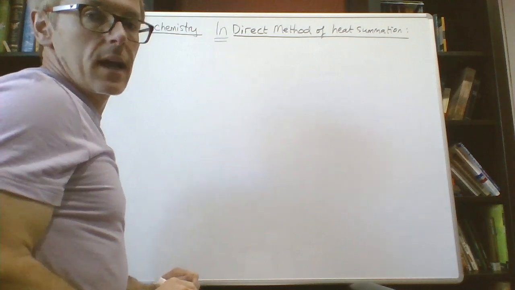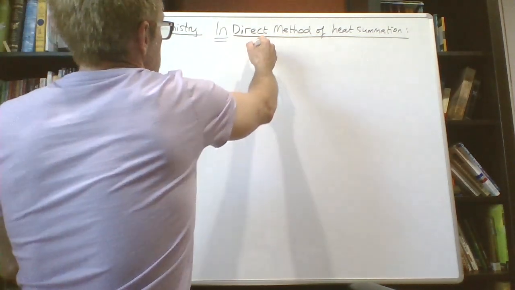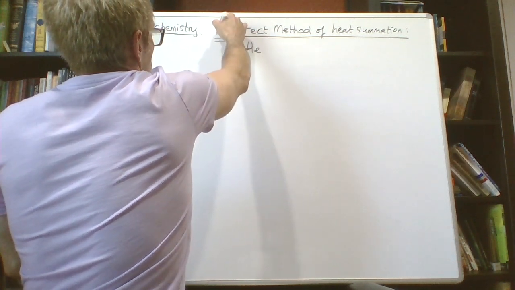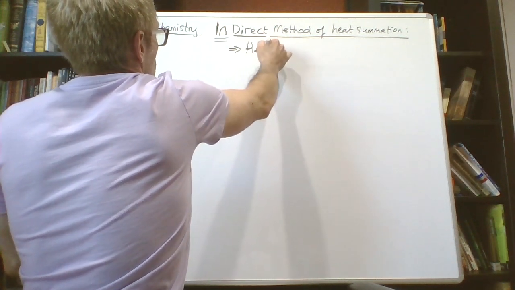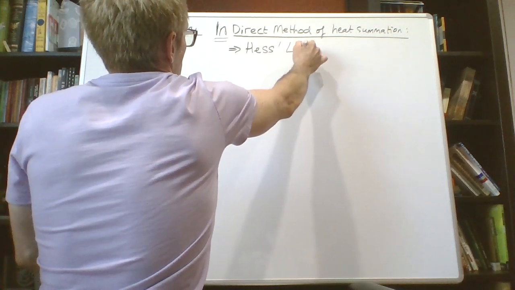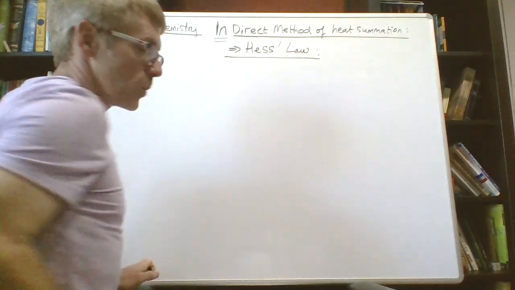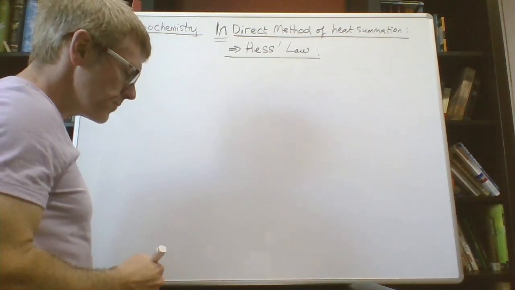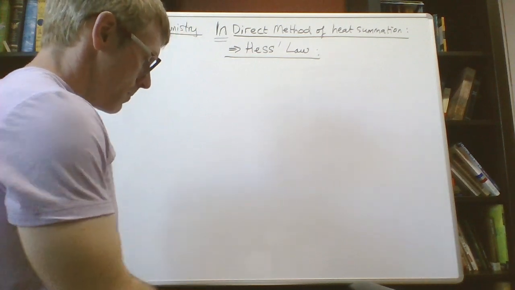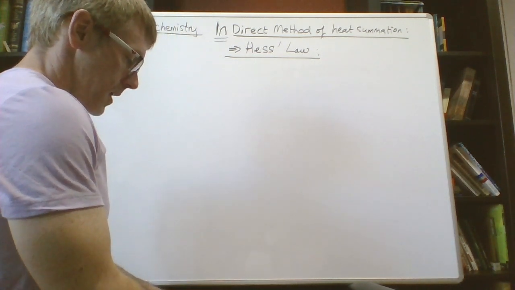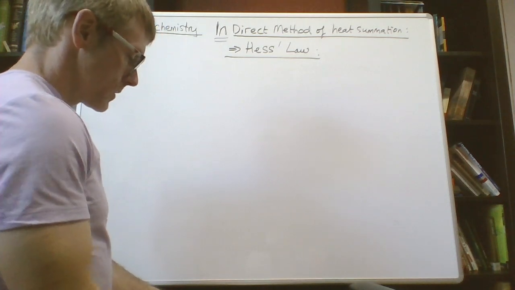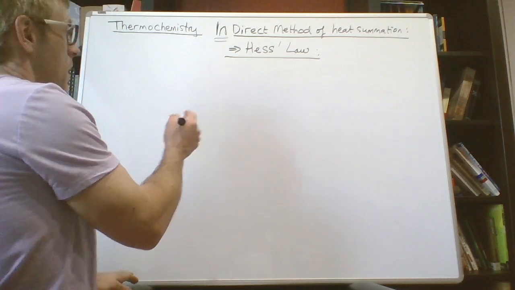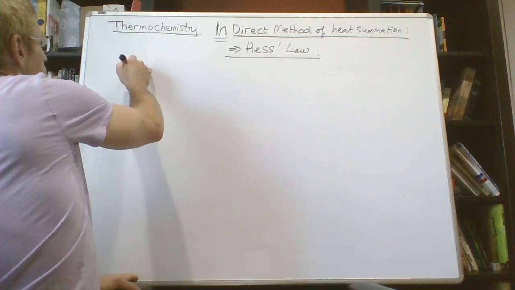So this is the indirect method. Remember, we call this Hess's Law. It's where we don't know all the information we need, so we're going to indirectly gather it. Okay. I don't think we've looked at this already, so hopefully this is a new example. But let's have a look. So the question is